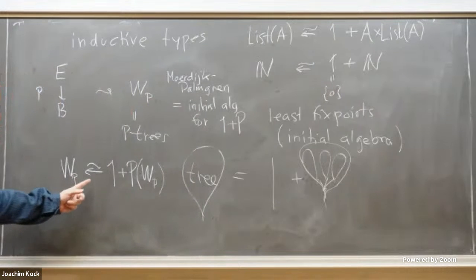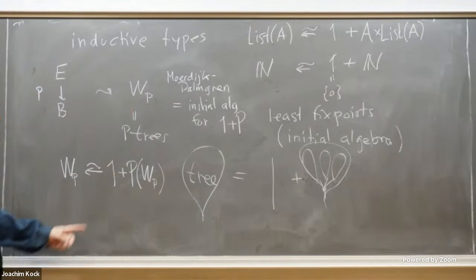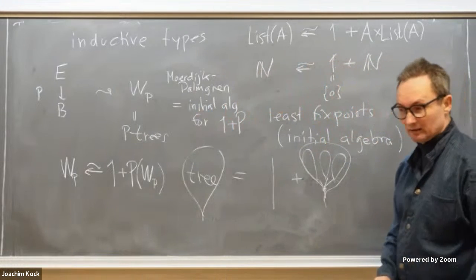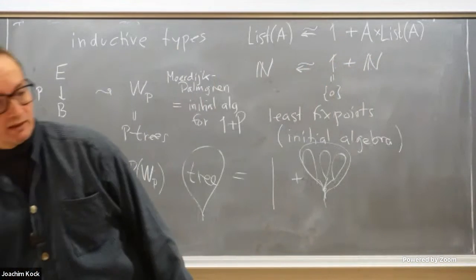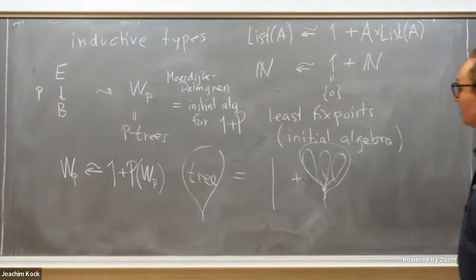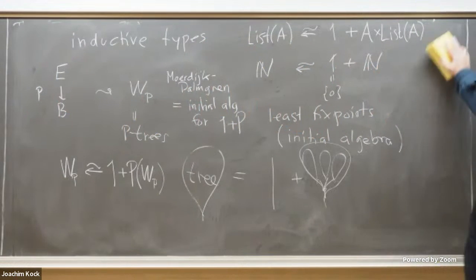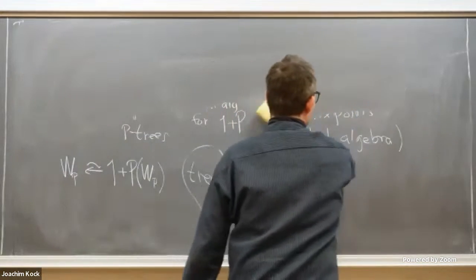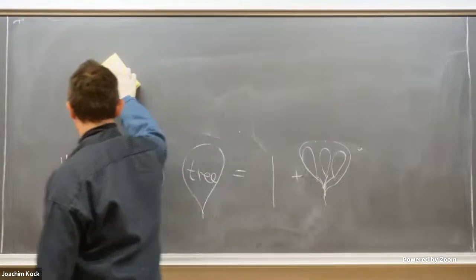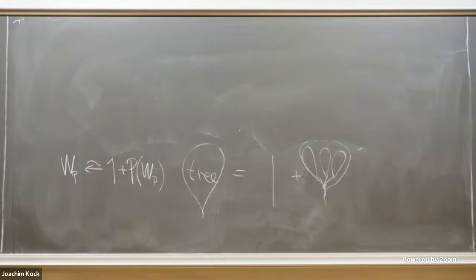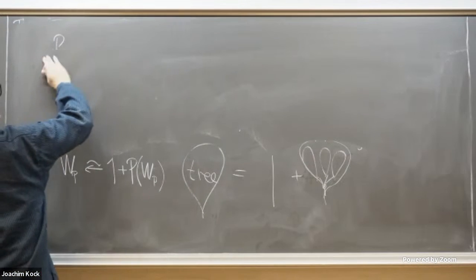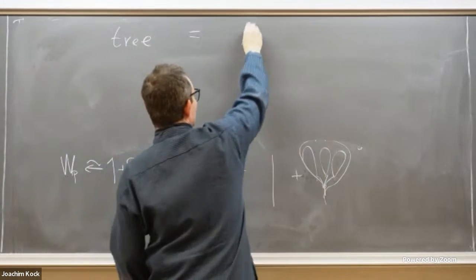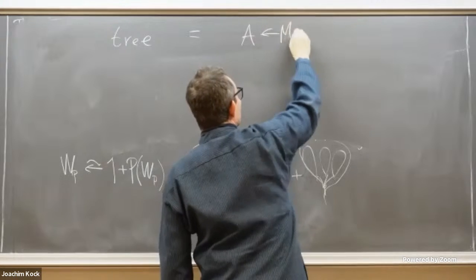I just want to continue this by noting that there's also a purely combinatorial description of the P-trees. And maybe surprisingly, that involves, again, polynomials in many variables. So let me erase here and keep the picture. So let me first say what a tree is. A tree is a diagram like this,